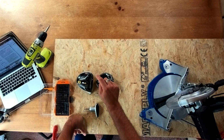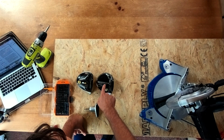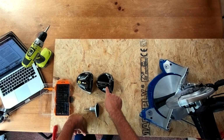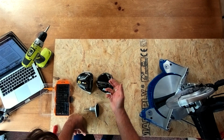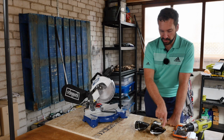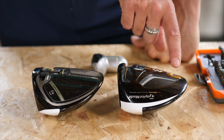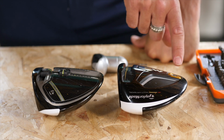That's going to give you that little bit more forgiveness, that higher MOI. You can see here I've pushed it a little bit more forward in the club because I want to reduce the amount of backspin that I was having with my drives. In the M2, you can see that the weight screw is firmly positioned in the back of the club because this is all about pushing that weight a little bit further back, giving you a little bit of a higher